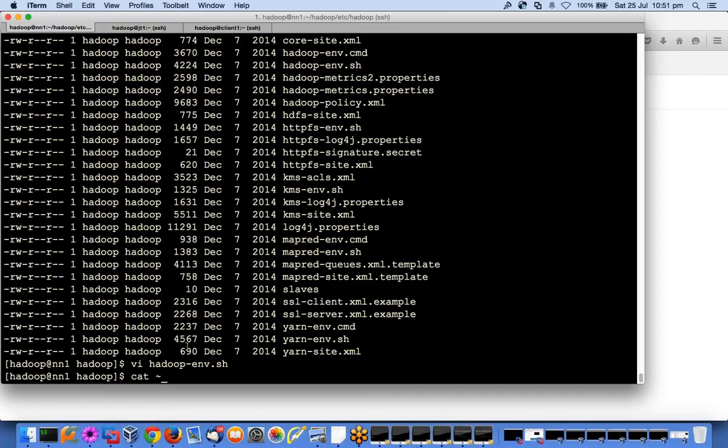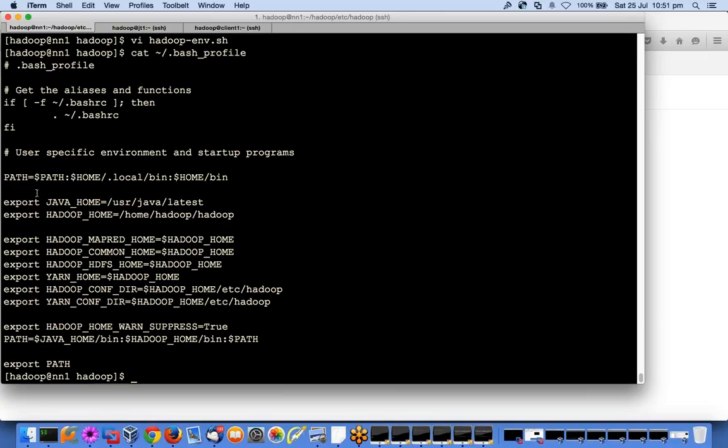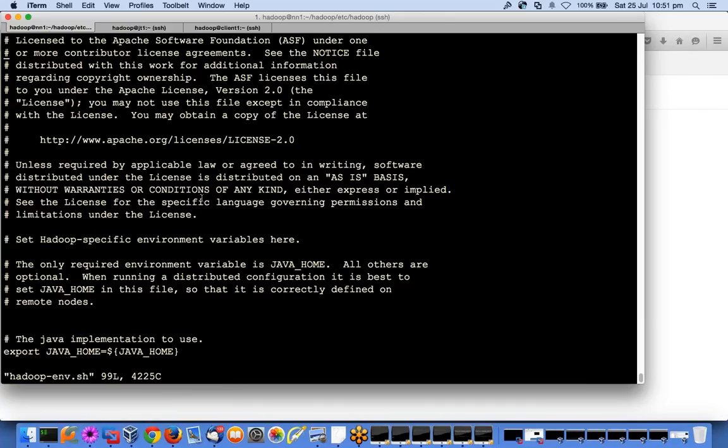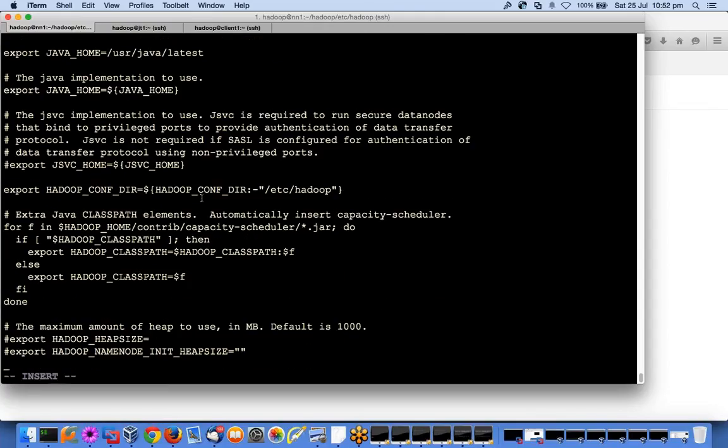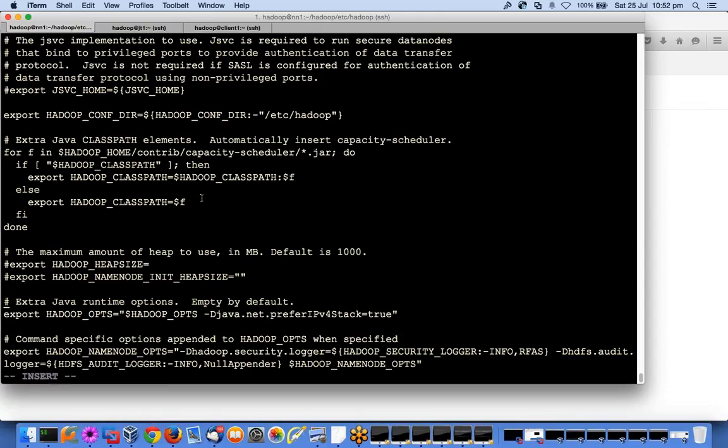Cat, wherever you have set up your Java. I'll copy this, same thing as what we have done in Hadoop 1. I will set it up here. I'm pointing to where my Java is. Heap size,